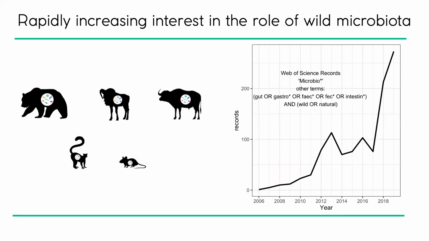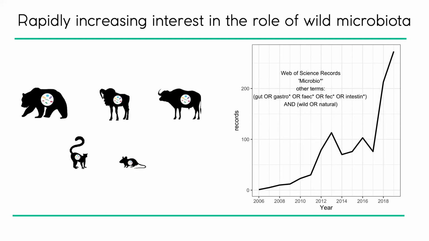This appreciation of the natural microbiome and why it might be important for individuals has been part of what's led to a huge expansion and explosion of wild microbiome samples. So over 2006 to 2019, you can see on the plot on the right here that the number of studies aiming to quantify the gut microbiota in the wild has just rapidly climbed. So now being in this field, I see new papers almost every day quantifying the gut